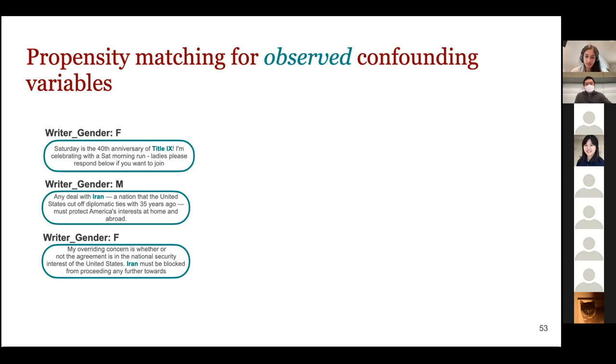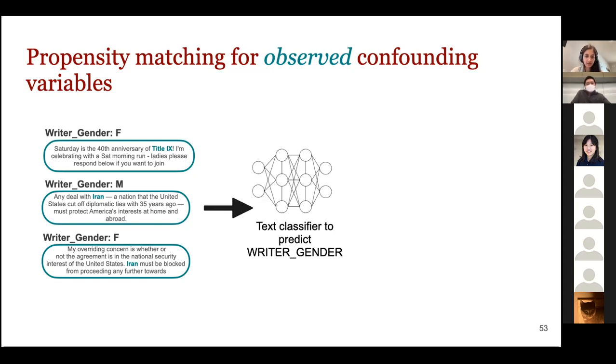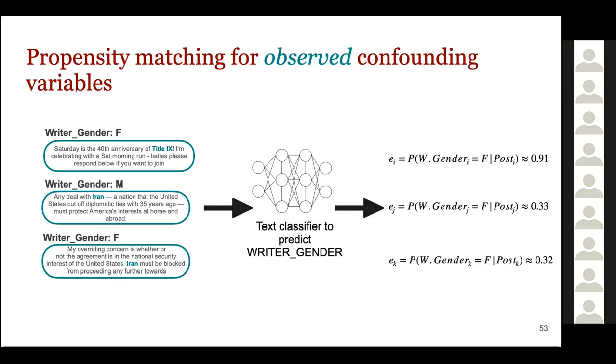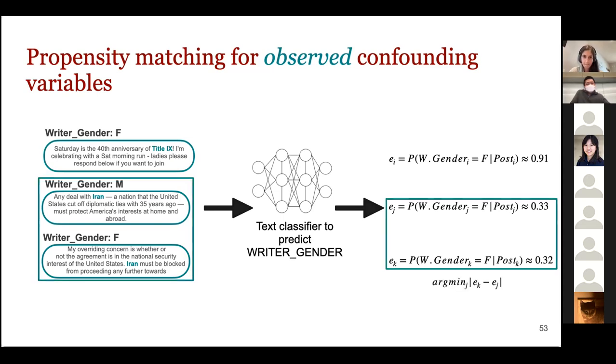Well, we start with these Facebook posts that are made by male and female politicians. And we train a classifier to predict the gender of the person that each of these posts was written by. And then we take the scores that are output by this classifier as propensity scores. So these propensity scores are estimates of the probability that the post was written by a woman, regardless of who the original author of the post was. Then for each post that was actually written by a woman, we match it to a post that was actually written by a man that has the most similar propensity score. And any data that we can't match, we discard.